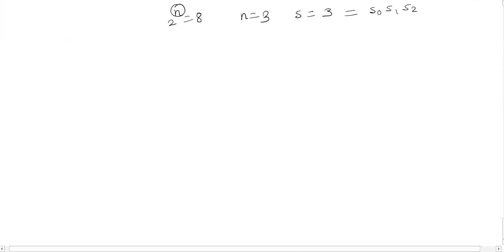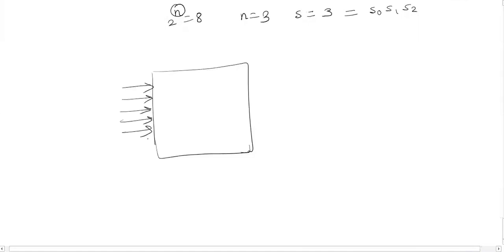Now the 8:1 multiplexer functional block diagram we can show like this. There are 8 data inputs: D0, D1, D2, D3, D4, D5, D6 and D7. These are the data inputs.